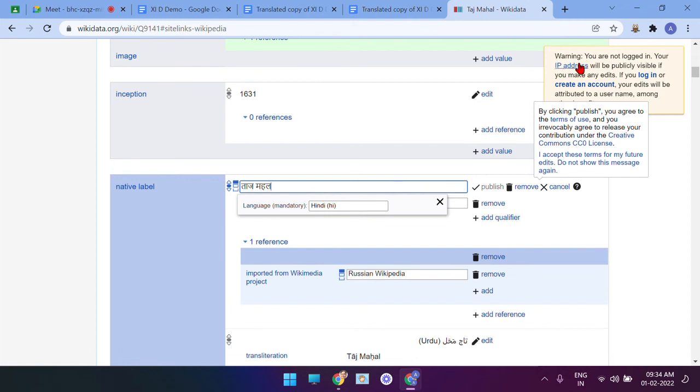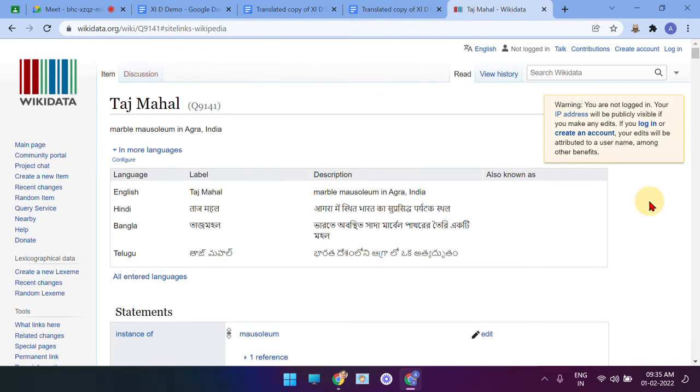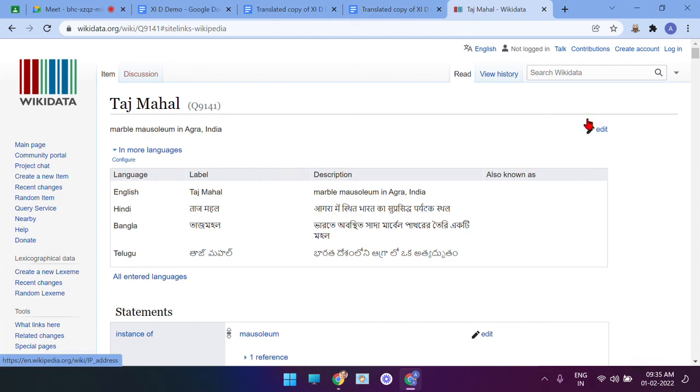और आप चेक करिए, जैसे मैंने एडिट करने का सोचा, ऊपर क्या आ गया, वार्निंग, you are not logged in, your IP address will be publicly visible if you make an edit, and of course if I do something wrong over here, कहीं भी कुछ होता है तो वो एकदम से कॉपीराइट इन्फ्रिंजमेंट के आ जाती हैं चीजें। And of course there are the rules कि अगर आपने गलत कोई इंफॉर्मेशन यहाँ करा है IP एड्रेस से, they will fetch me, they will find the person who has done the edits, अगर कुछ भी गलत ऐसे रखा गया है।